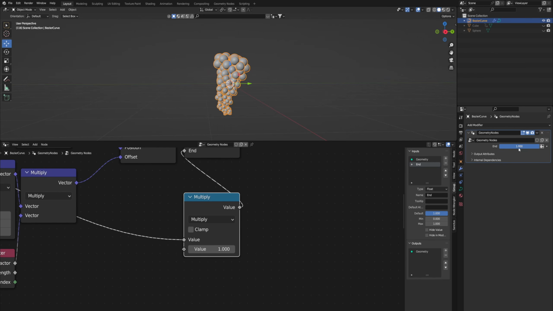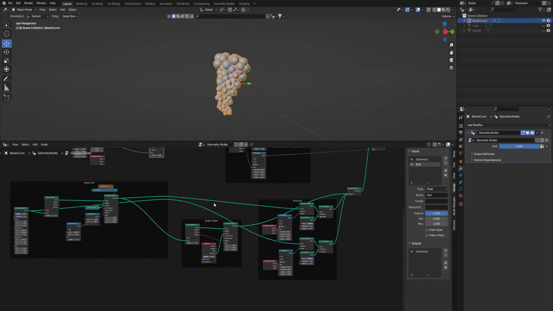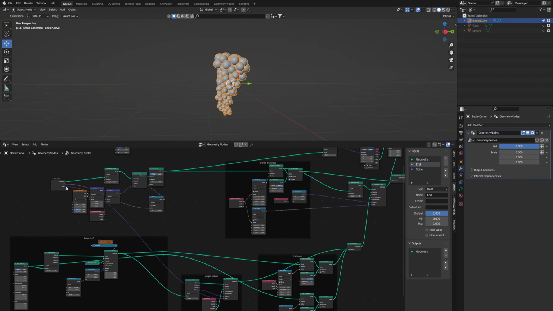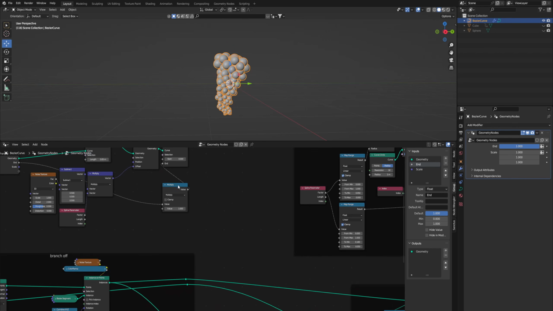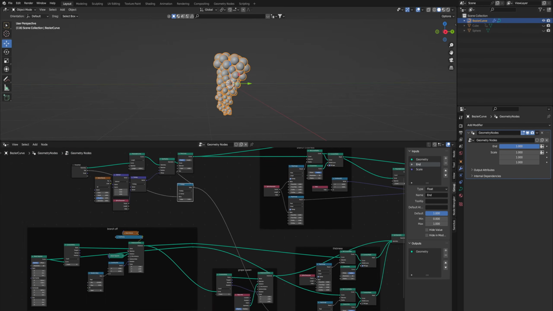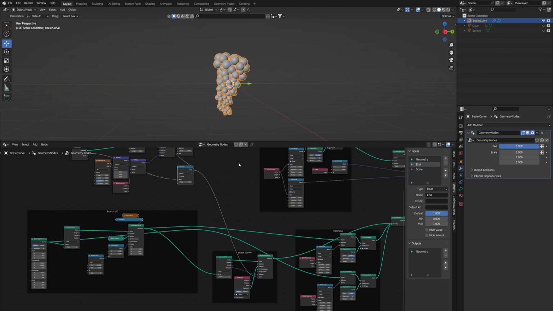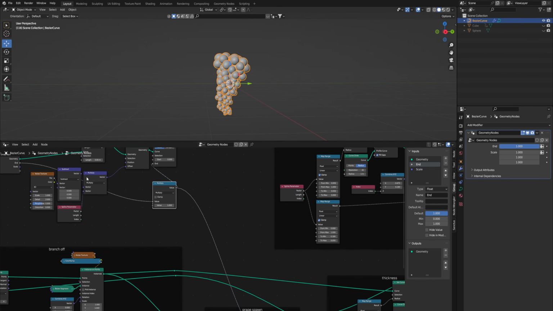So instead of making a bunch of different values, each thing that you want to change, like adding the scale and adjusting the scale here, you can all affect it by one slider. So just use the multiply and drag it down to the scale as well. I'll just delete this scale. So now you can see if I move this end, the grapes will grow with the stem.